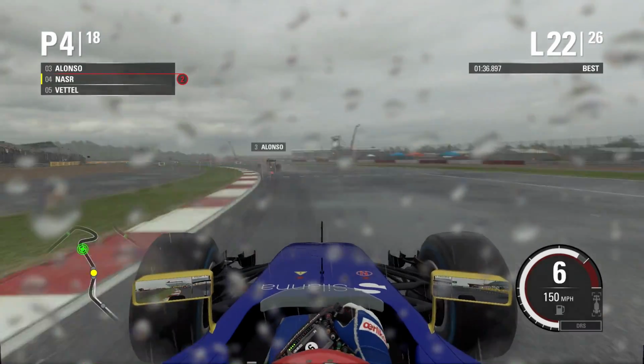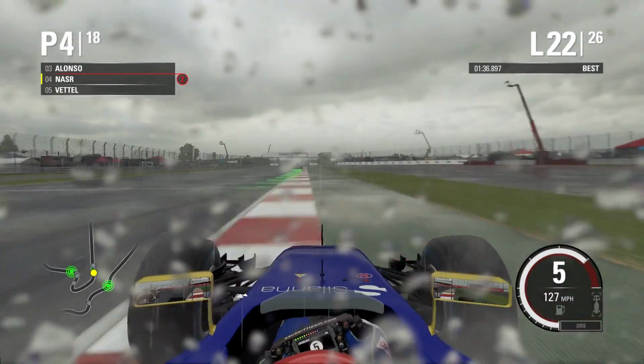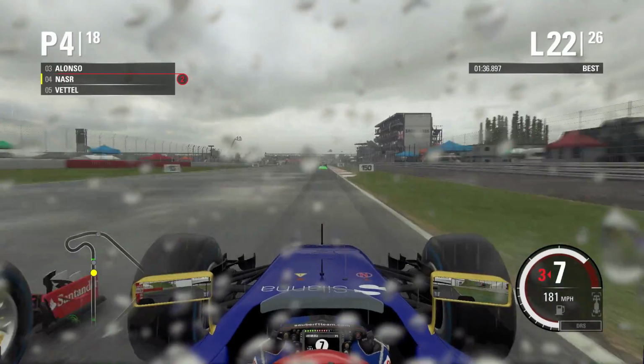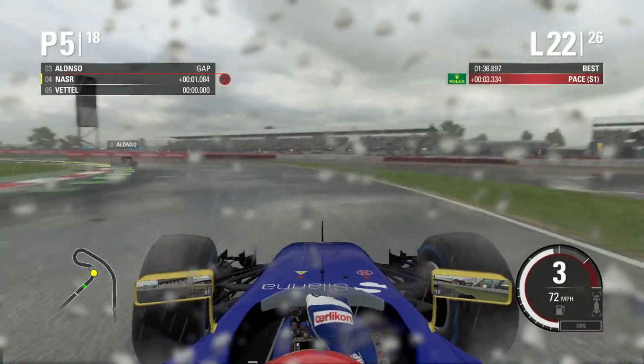What a crazy, bonkers race this has been at today's British Grand Prix. Absolutely insane. But now Vettel behind us here, Felipe Nasr really struggling for any sort of grip. These wet tyres are clearly going off. We've been on these tyres for almost 10 laps now. They are beginning to go off at quite a rate as we understeer out of Luffield, and Vettel has made